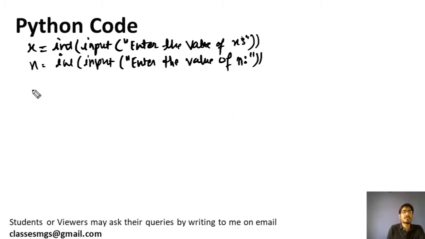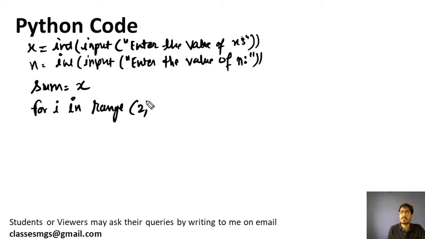Now what we need to do, some variable we will create, sum equals x we will put. I have explained why we need to put the x here. Now we will apply the for loop, for i in range starting from 2 onwards. I already explained why to start from 2, why to add x here. If you didn't get it, please go and watch the video from the last 10 minutes.